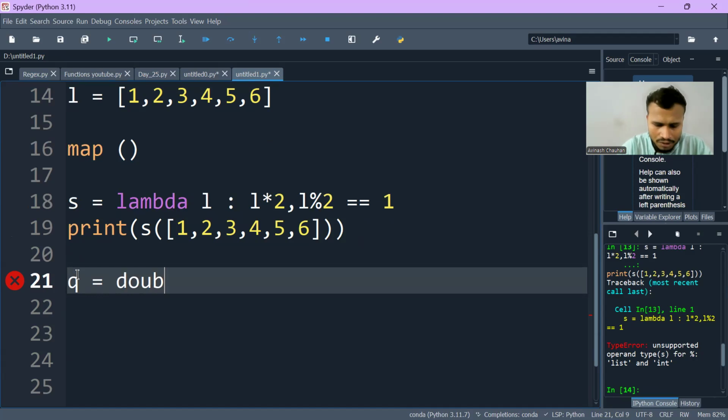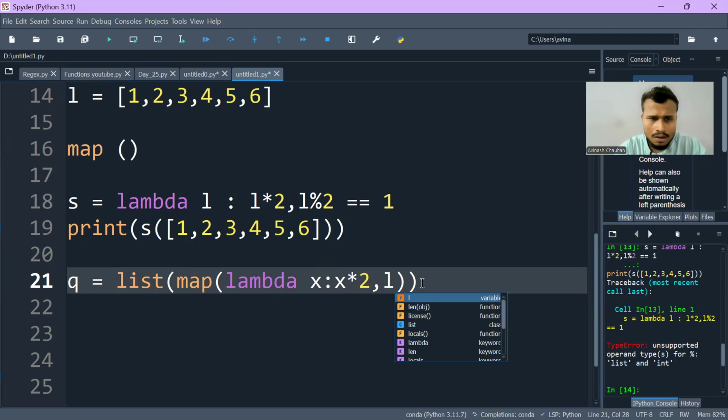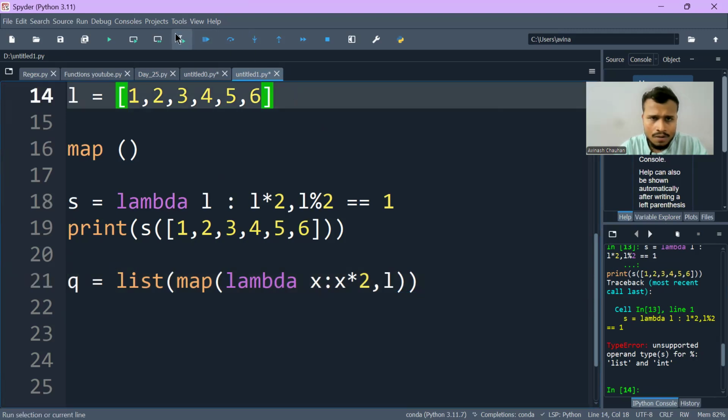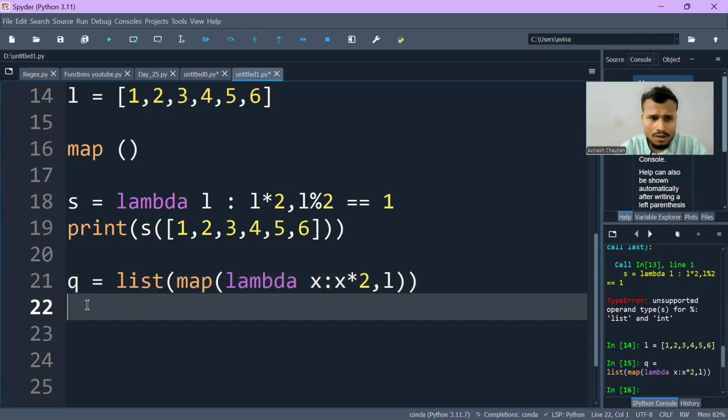I want to store it in a list, so I'm using list, and I will use the function name map. Within map I will do lambda, and again I can take any variable of my choice, x into 2, and then comma L. If I execute this line of code, and this line as well, and then print q,